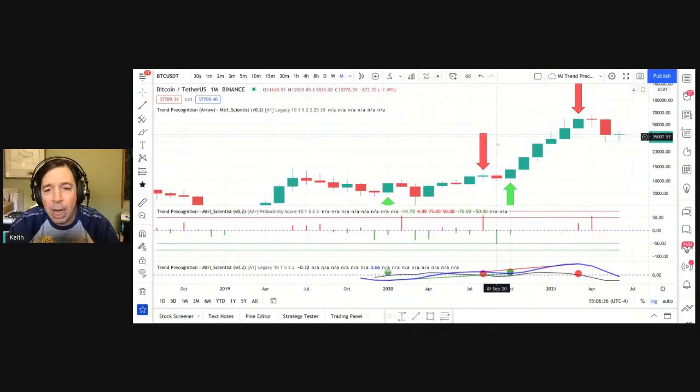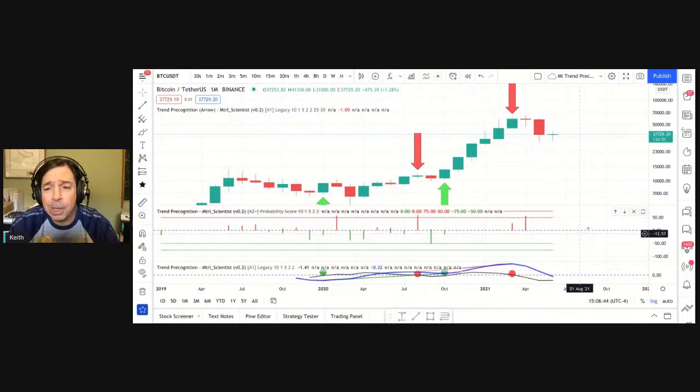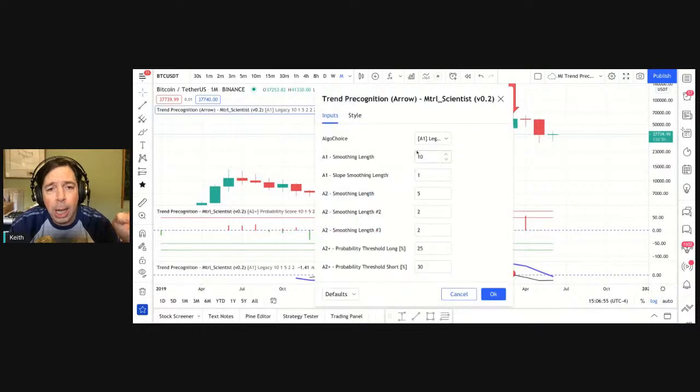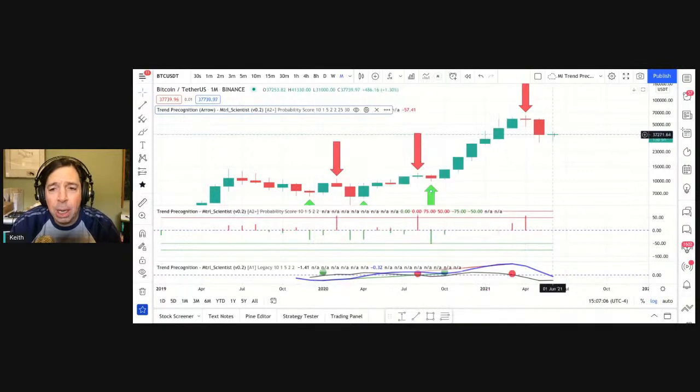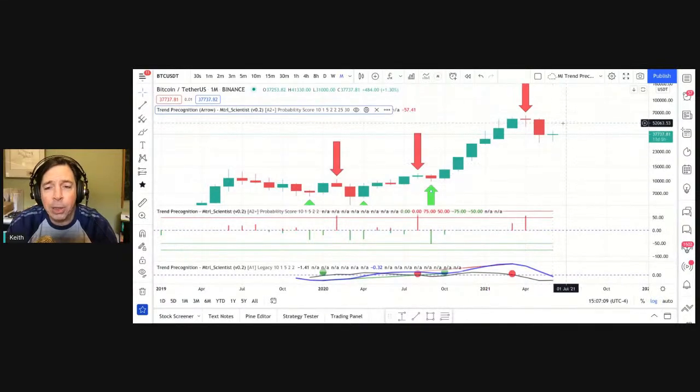And you can see I've just added the other version twice here with different algos selected to put the other indicators on the chart. So the first thing you want to do is make sure that you have the right algo selected. And for the arrow chart, my favorite is the A2 plus probability score, and that's the one that we recommend you use for your on chart. This basically gives you these signals based on meeting a probability threshold.